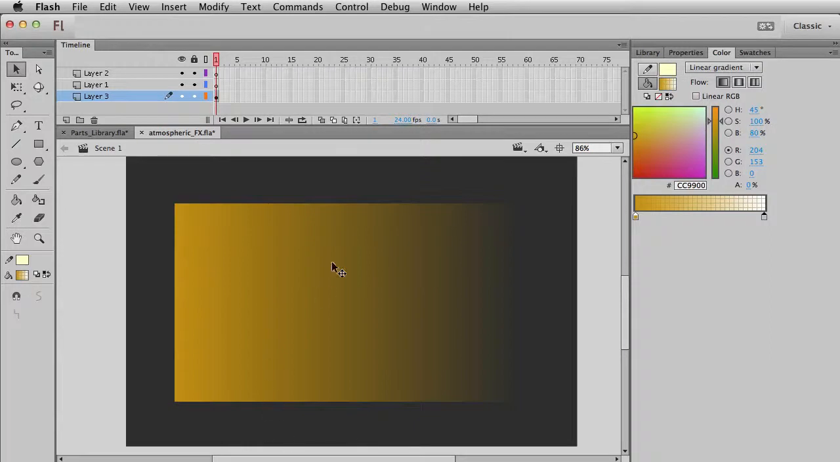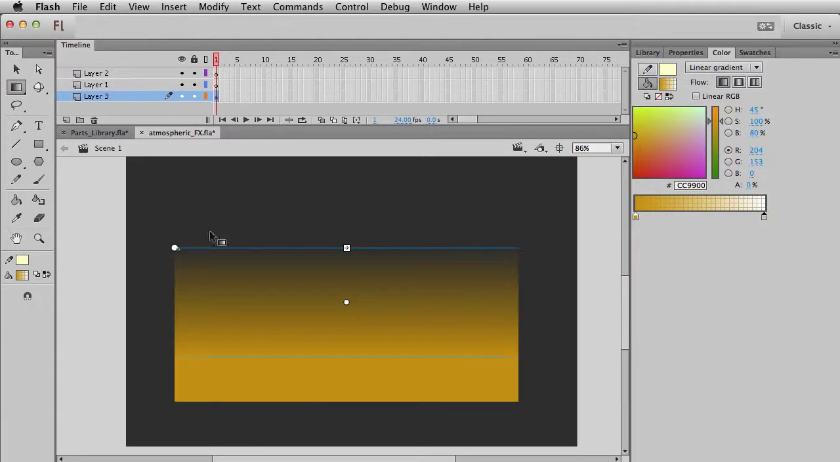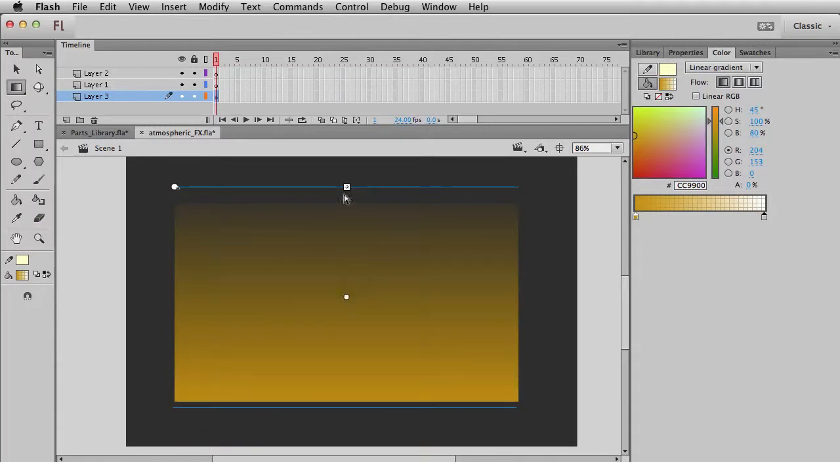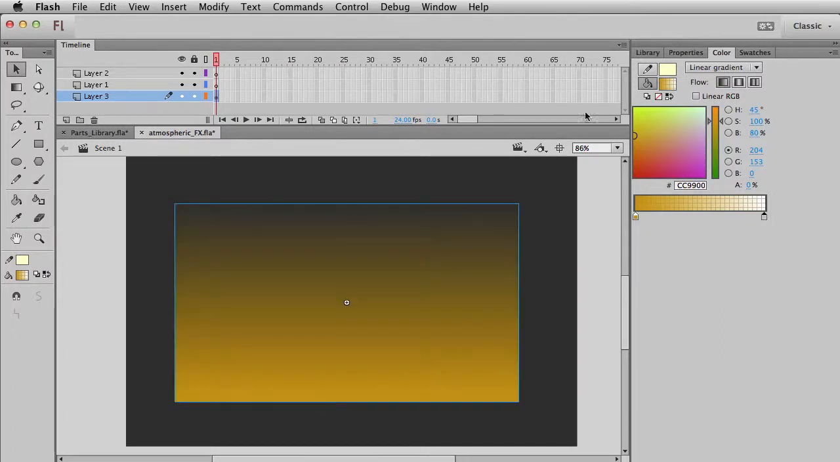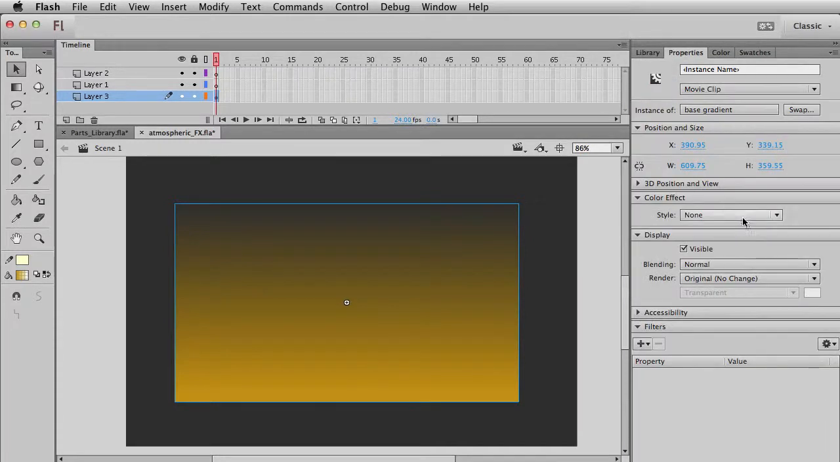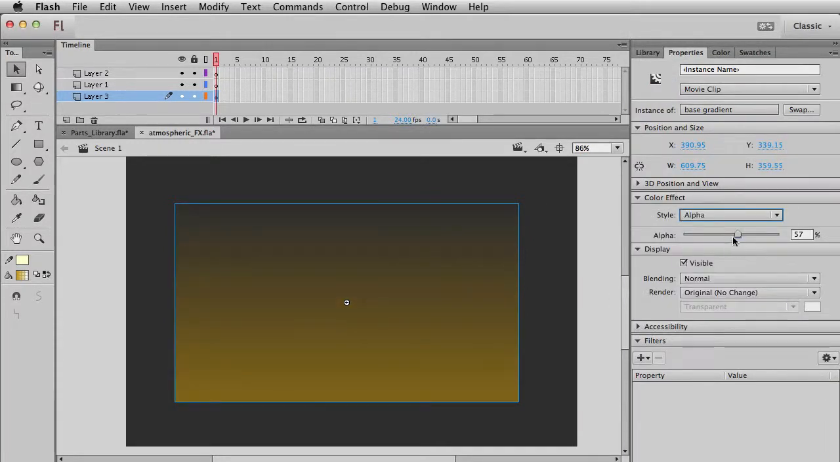And of course, this gradient isn't exactly applied how I want, so what I'm gonna do is hit F on the keyboard and just click on the fill, and you should have some handlebars now to adjust. I can kind of spread it evenly across the entire image. Ultimately, what I'm going to do is just make this into a symbol and then tint it down. So I'll just call this base gradient, and tint it down to what I really want, which is just a very light